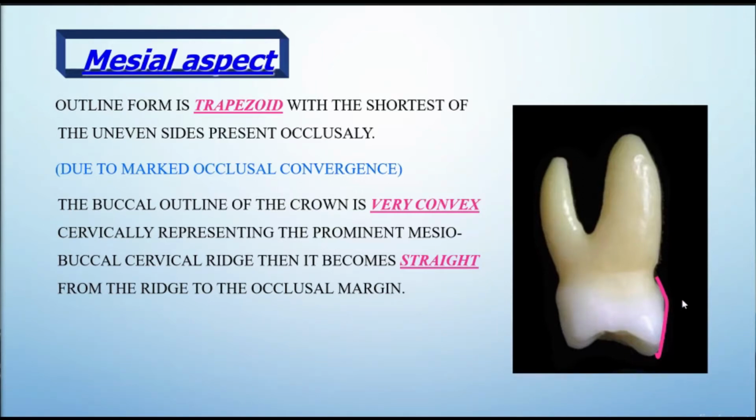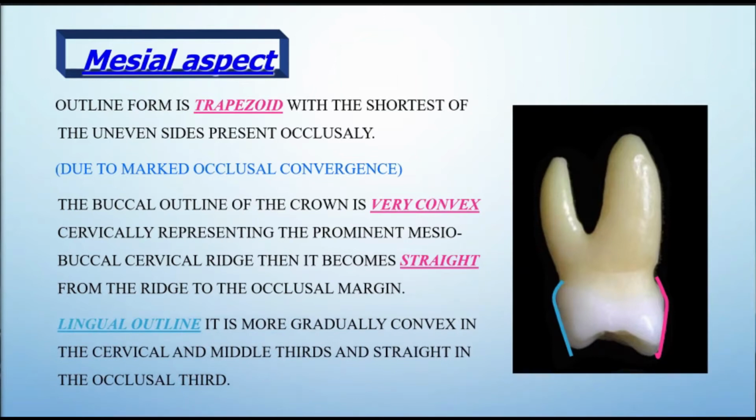You see, this is because this is the mesial aspect. The mesial side is very bulging on the cervical area, so it looks very convex in the cervical mark. But then it becomes straight. But if you see from the distal side, you will see the normal convexity of the cervical ridge. But from the mesial side, it is too convex because there is a bulging on the cervical ridge on the mesial surface.